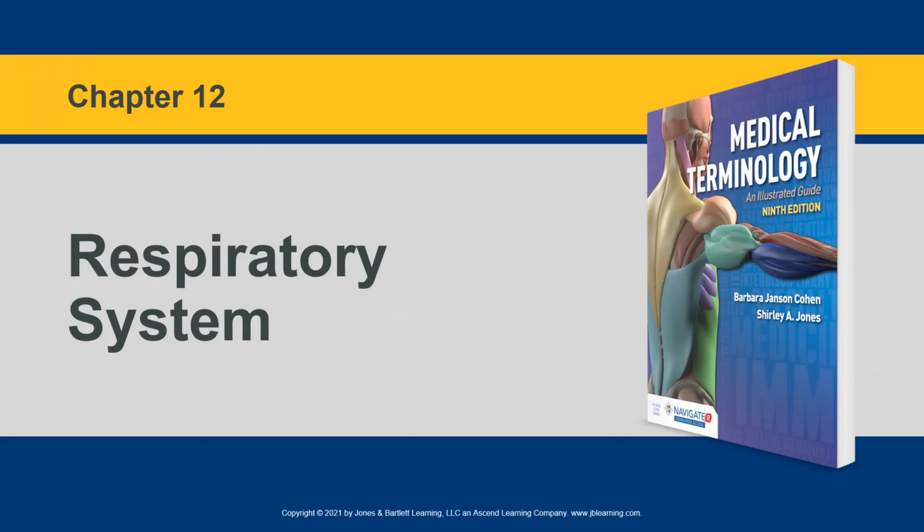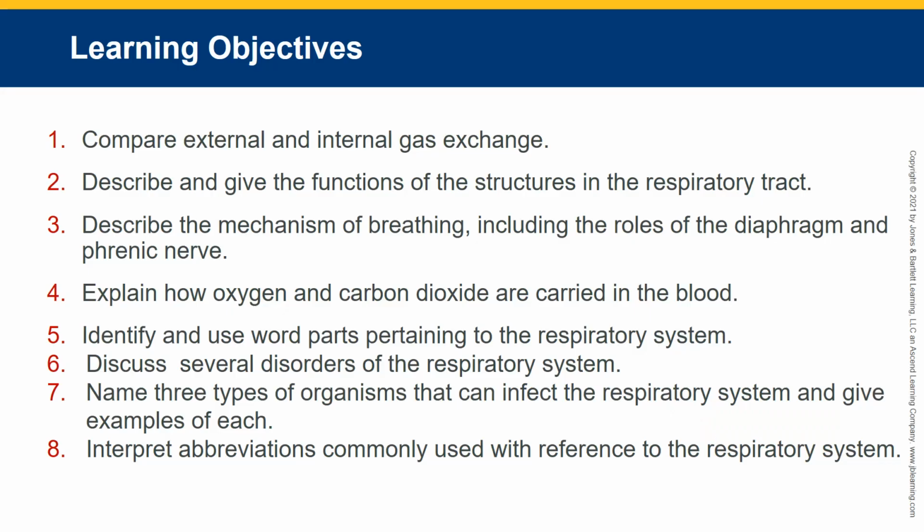Hi, we are looking at the respiratory system today. Learning objectives you see here, we're going to look at the internal and external gas exchange systems. We're going to talk about the structures of the respiratory tract. We're going to describe the mechanism of breathing, including the roles of the diaphragm and the phrenic nerve in helping us to breathe. We're going to talk about how oxygen and carbon dioxide are carried through the blood, both oxygen to the cells and carbon dioxide carried away